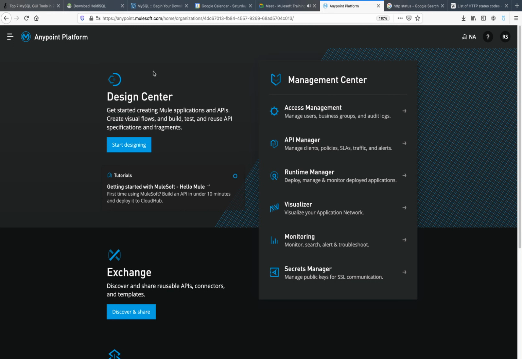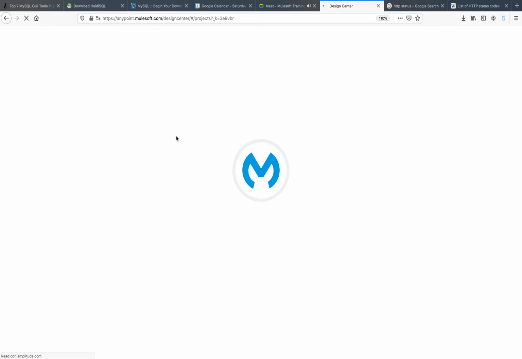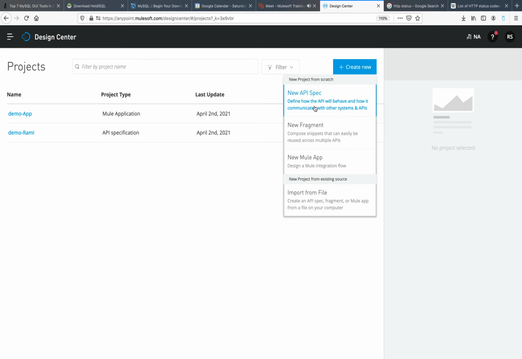Yesterday I gave a very high level overview, but today we will start with Design Center and we'll create a YAML from scratch. If you remember, we created one Mule application and one demo YAML, but today we are going to create one new API spec. If you want to create YAML, then you have to select this.